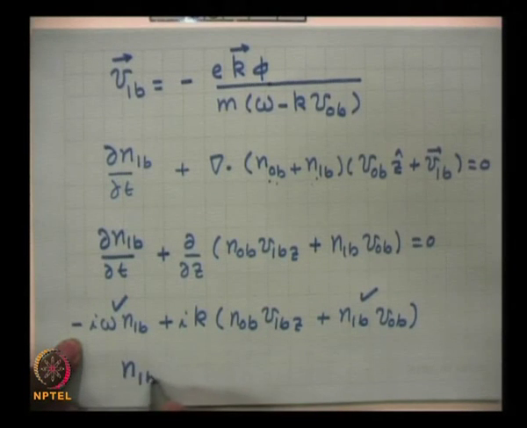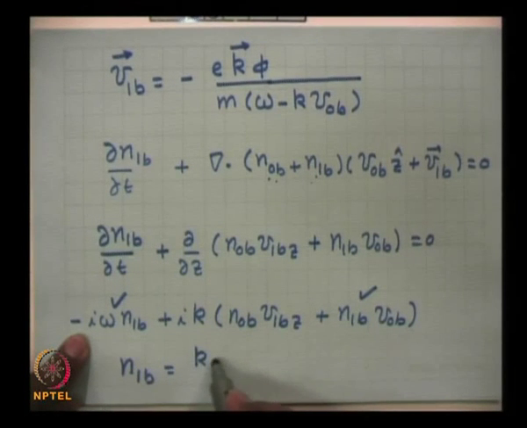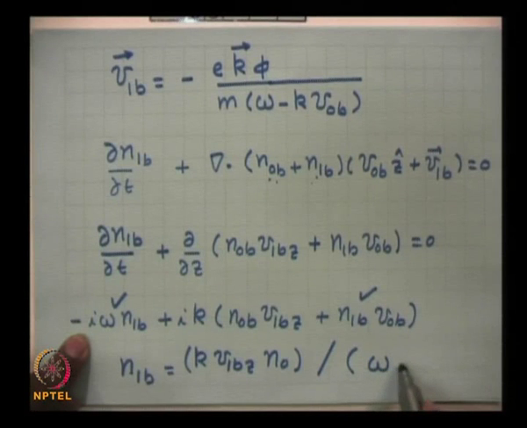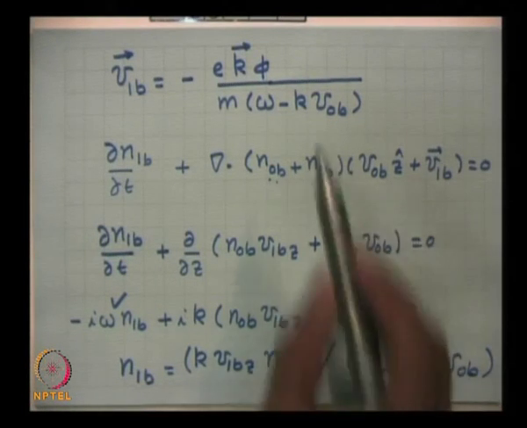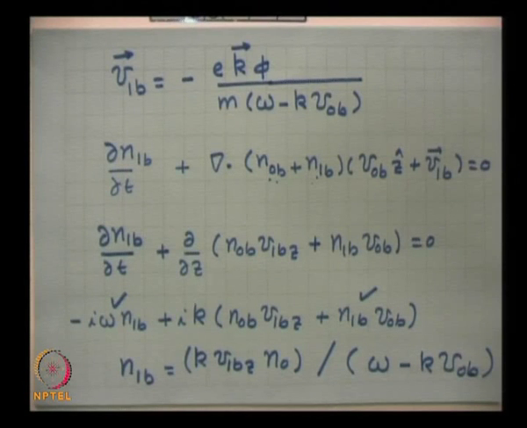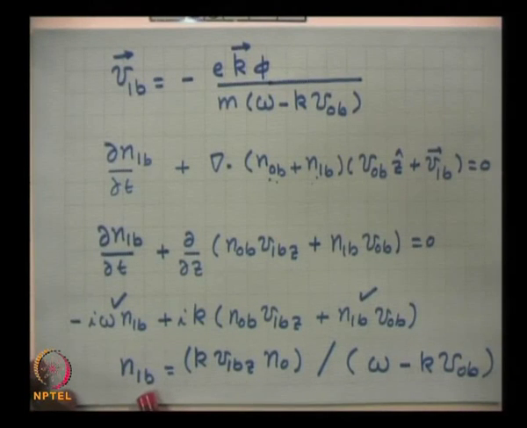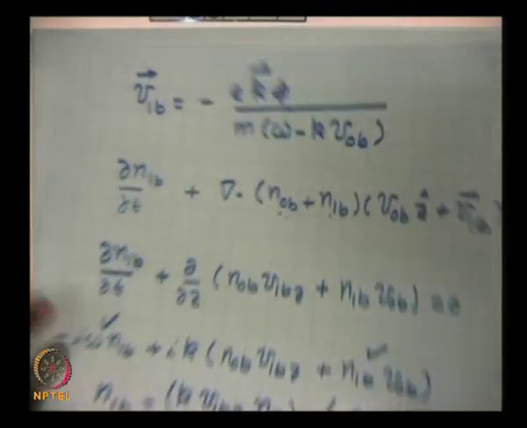You will get n1b is equal to k V1bz component into n0 divided by omega minus k V0b. Again the same denominator as it was here comes in there, and that gives rise to a resonant enhancement in density perturbation. So let me write down n1b explicitly in terms of phi by using this equation, and the result is